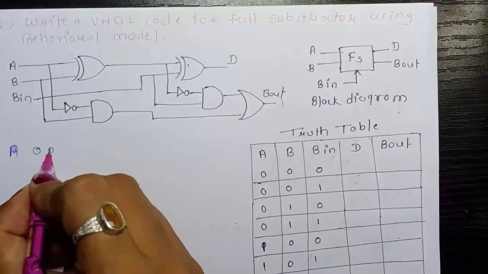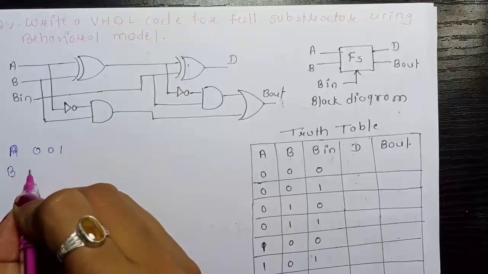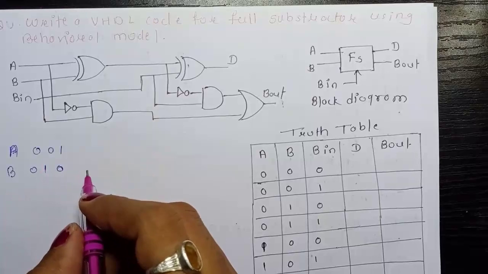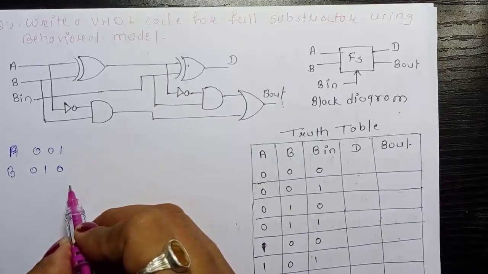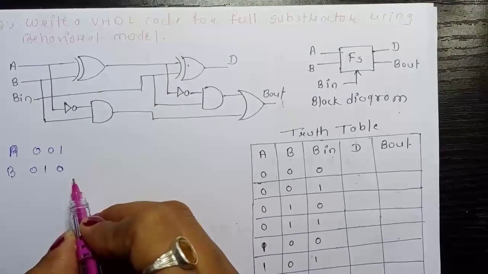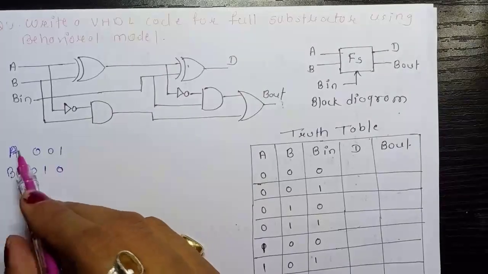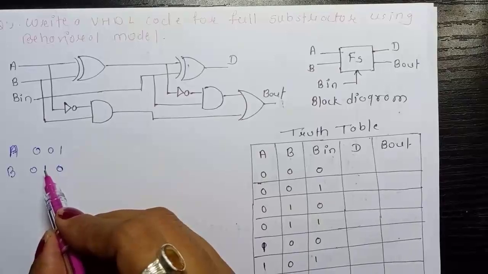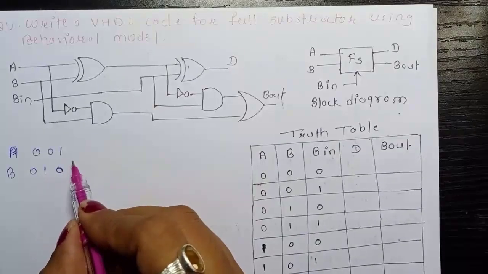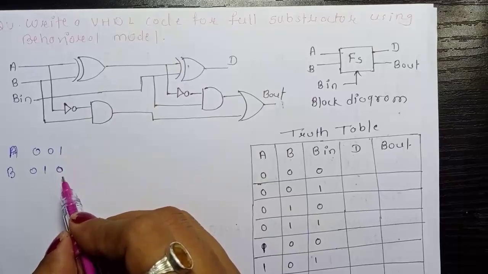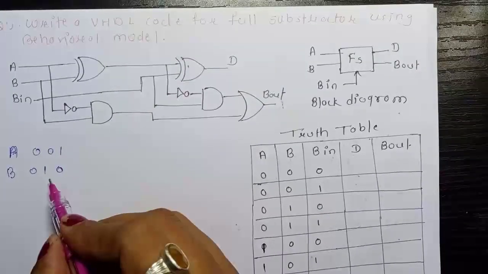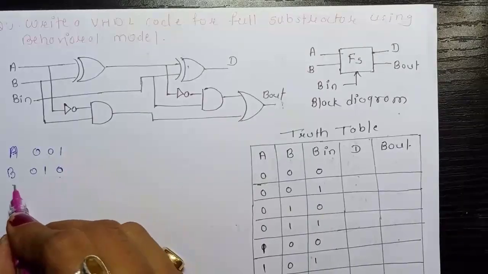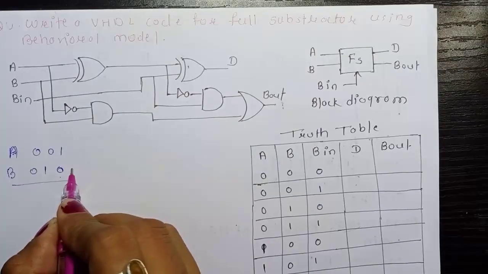A is 001 and B is 010, like this. Now here you are having 2 multi-bit numbers. Now if you want to perform subtraction, that is B from A, what's going to happen by half subtractor? It means actually we are going to use 3 half subtractors for each corresponding subtraction. And after completing this, that is 1 minus 0, it can be done by first half subtractor.